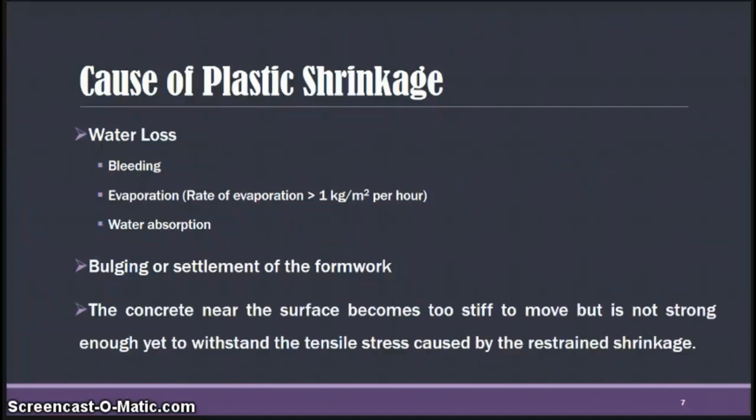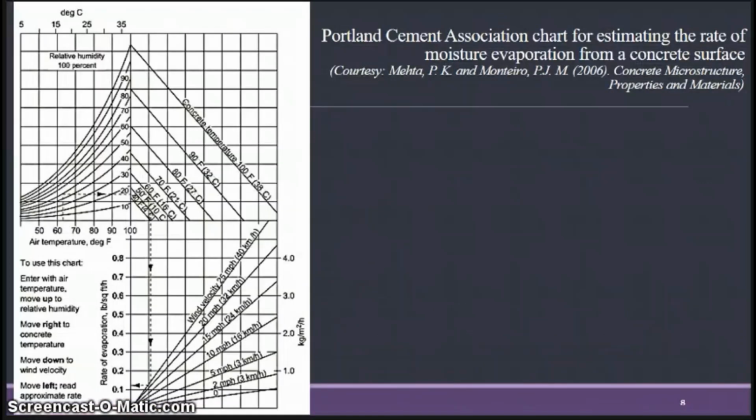Now the concrete near surfaces, if it becomes too stiff, but is not strong enough to withstand the stresses caused by the shrinkage, which is a restraint that we discussed in the earlier part, that can again cause plastic shrinkage in the concrete. The Portland Cement Association have given